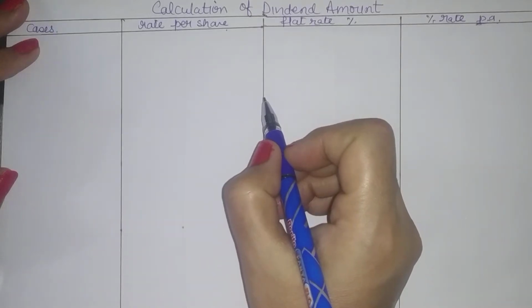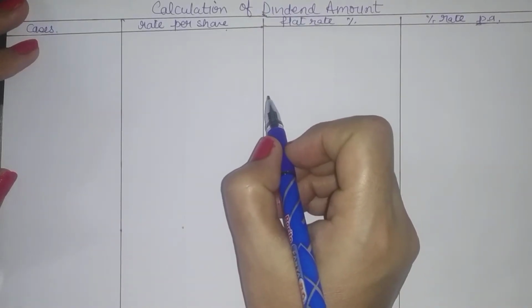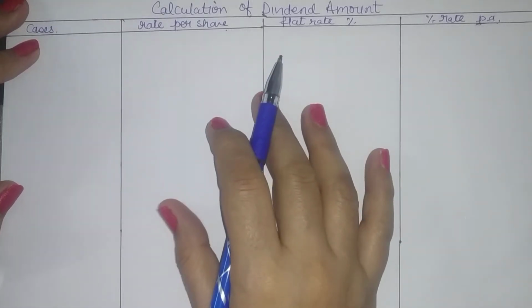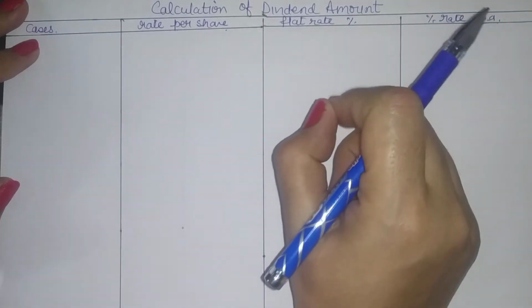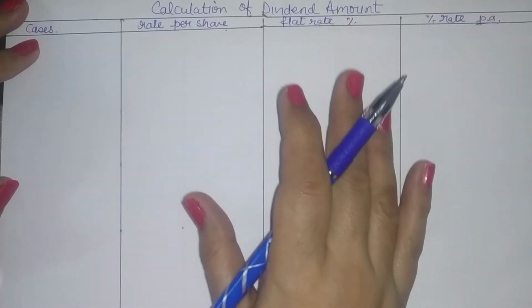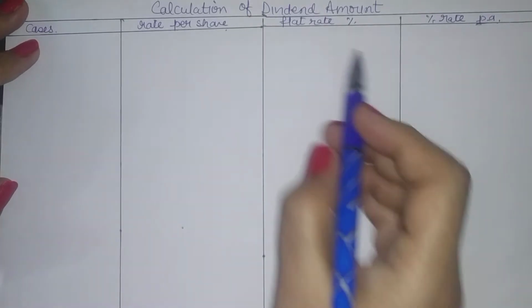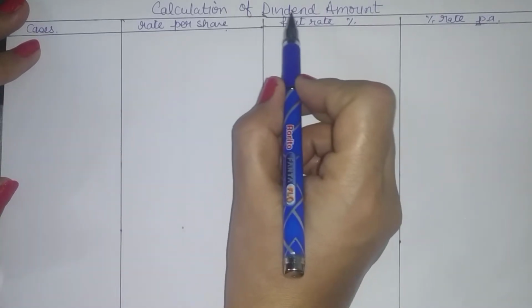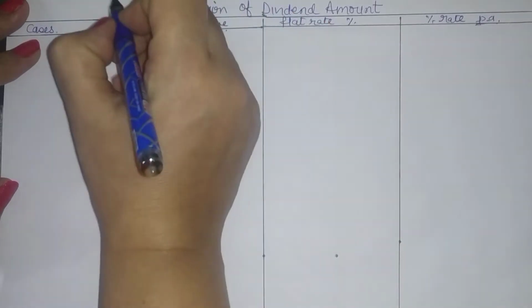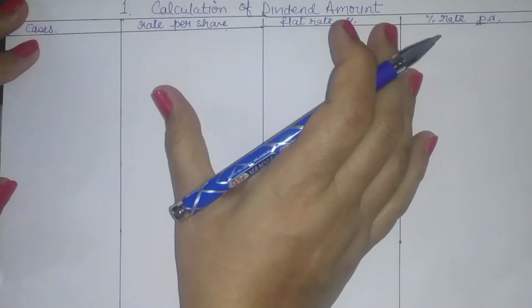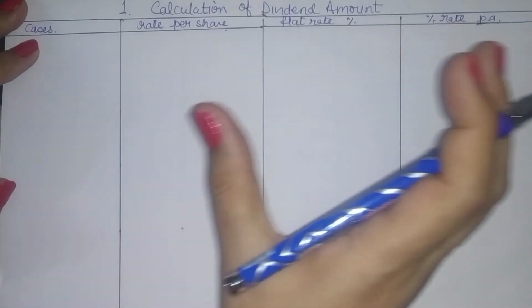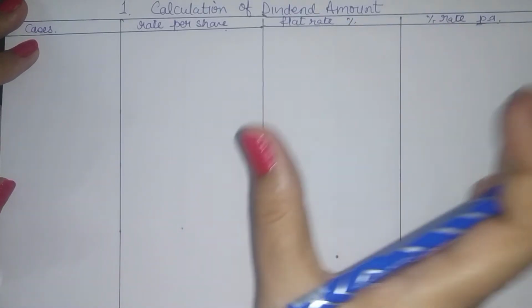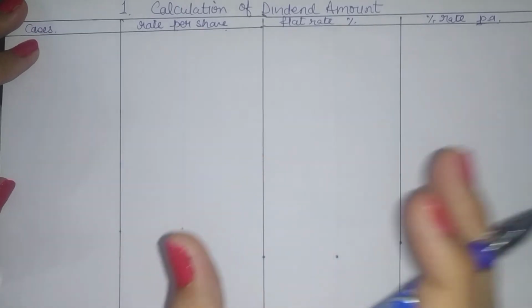After going through the basic provisions of the Indian Companies Act regarding dividend distribution, what we find is that there are two issues to be settled before we start accounting for dividend. The issues are, number one, the amount which is payable as dividend. So first is the calculation of dividend payable. Second is the source of dividend. That is how to pay dividend, which source should be utilized.